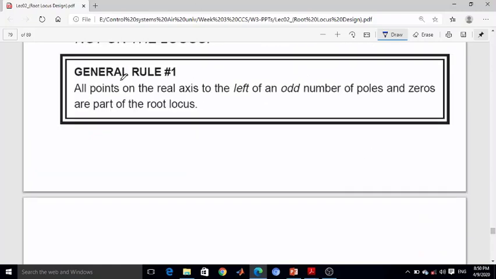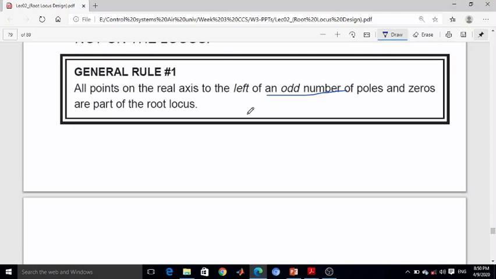So we will have a general rule from this, that all the points on the real axis to the left of an odd number of poles and zeros are part of the root locus. So all those test points which are located to the left of an odd number of poles and zeros are part of the root locus. If we have a point located to the left of an even number of poles and zeros, then that test point is not on the root locus. If it is located to the left of an odd number of poles and zeros, then that is obviously located